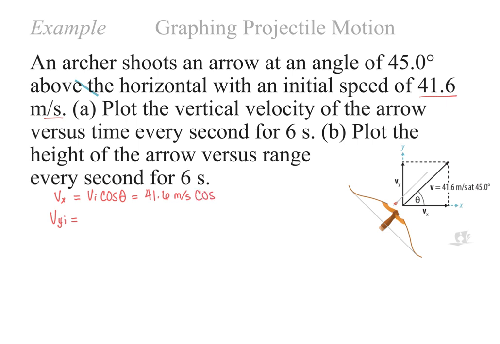And the angle that they gave me was 45 degrees. 45 is a nice one because it has the same sine and cosine. So when I multiply that out, I'm going to get approximately 29.41 meters per second. You'll notice if you ever see the calculations, they'll often take it out multiple decimal places just so that they can keep it as close as possible, but then they're underlining what would actually be your significant digit there. Just so as you track it, your brain always goes back to your final answer being